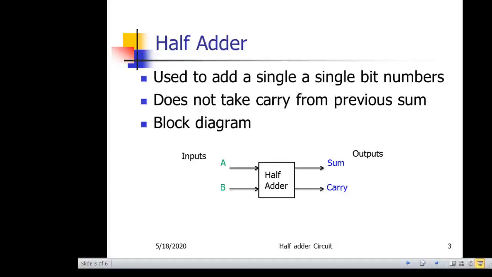Let us discuss the design steps. First of all, we need to observe the problem definition. What is the half adder going to perform? It adds two single bit numbers. That means the numbers containing a single digit, for example, a number having either a single 0 or 1. According to the problem definition, I need two inputs labeled here as A and B. Similarly, I need two outputs designed for the half adder labeled as sum and carry.